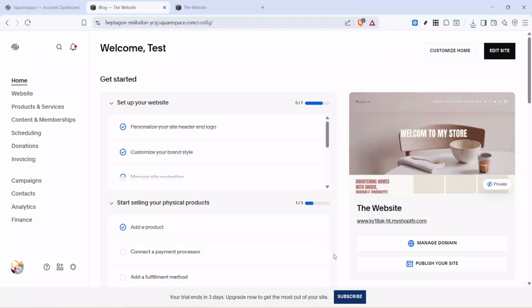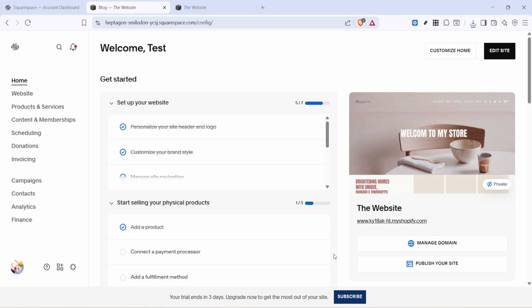In today's video, I'm going to teach you how to add terms and conditions on Squarespace. If you want to publish legal information on your website in a clean and organized way, Squarespace makes the process pretty simple. In this walkthrough, we'll create a dedicated page for your terms and conditions. Place it in a not linked section so it doesn't automatically appear in your main navigation, and then add your